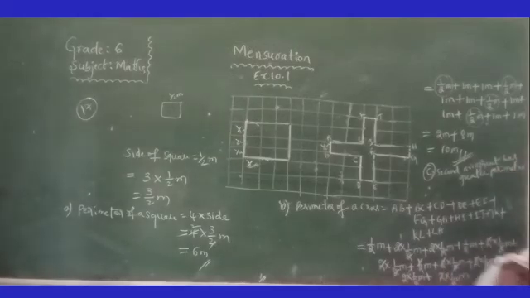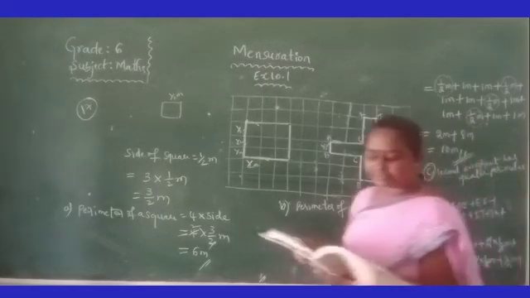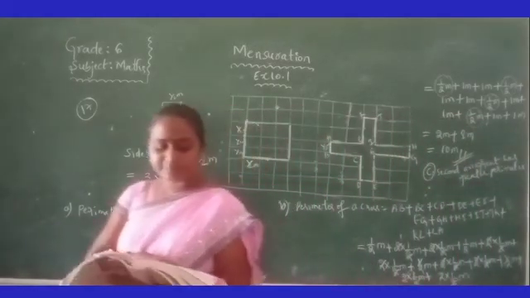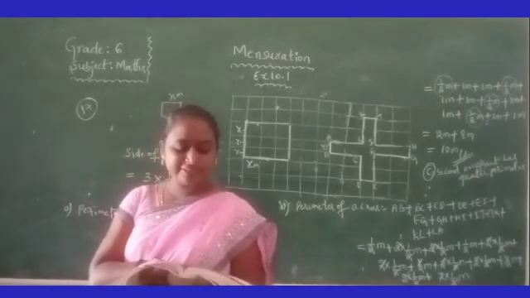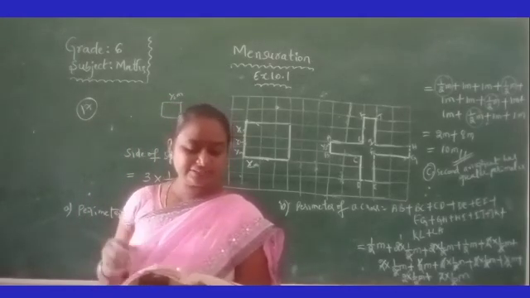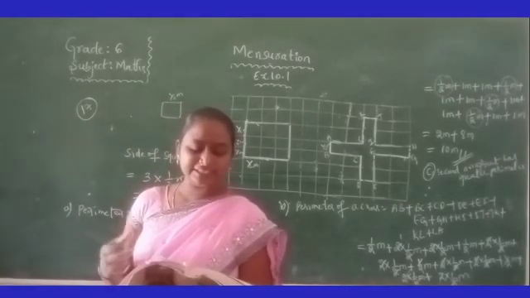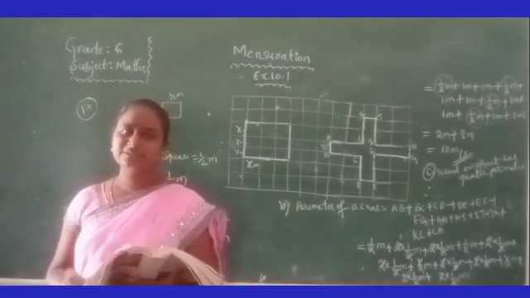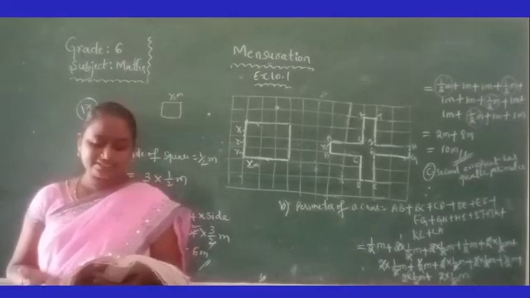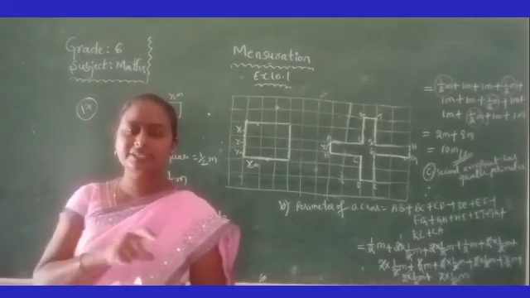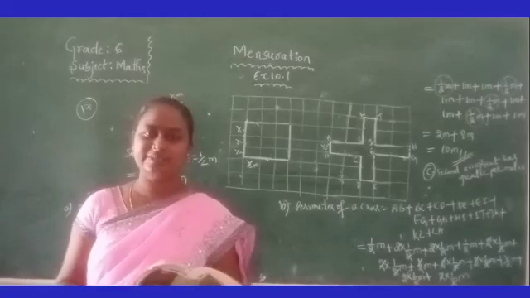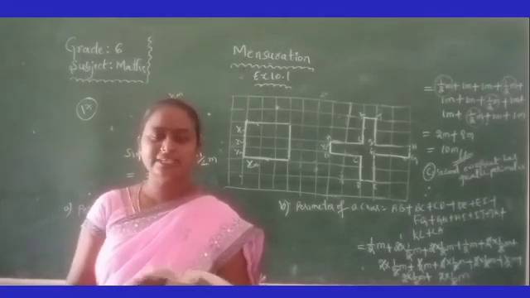Very good. Now finally, Avneet wonders if there is a way of getting an even greater perimeter. Can you find a way of doing this? Is there any way to arrange the paving slabs? Yes. If all the squares are arranged in a row, then the perimeter will be 10 meters. Like that also we can arrange.